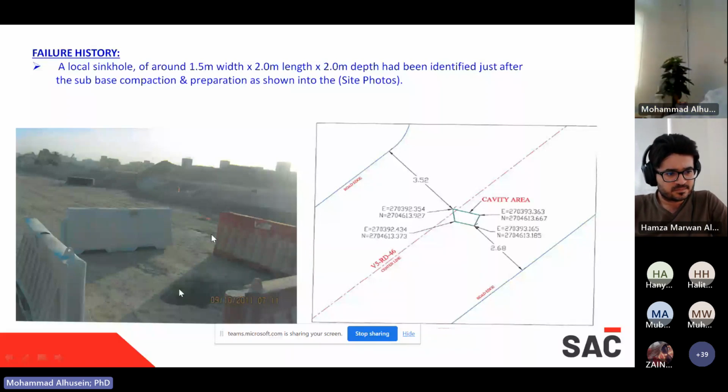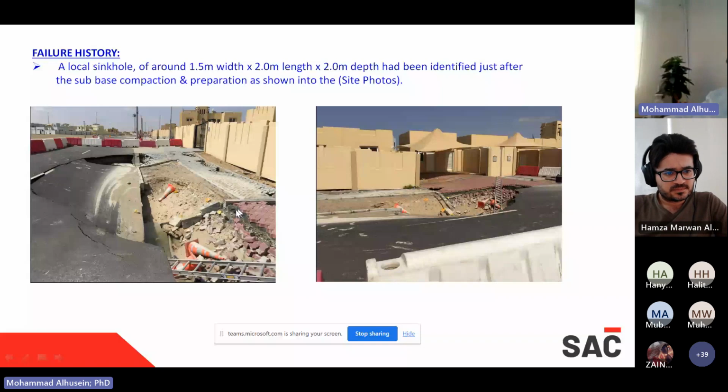sinkhole. They circled it with a safety barrier and took the coordinates, etc. And the engineer decided, okay, this is a sinkhole appearing on the surface, so fill it with road base and continue the construction. What are the consequences of this? If this wrong decision is made, then during rainy weather, for example, the water in the area gathered